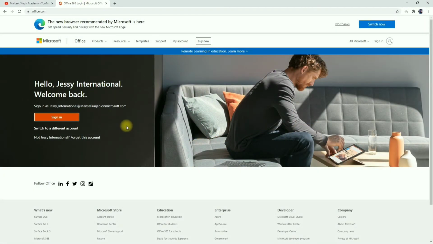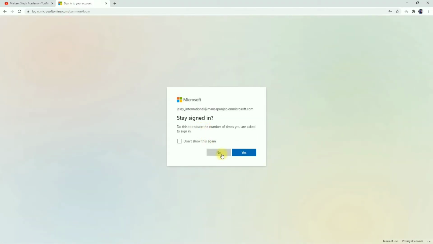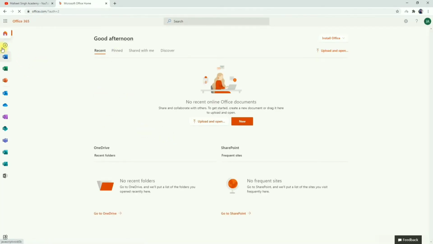So guys, first of all, you have to log in through your Office 365 account here. As I have already signed in through my account, make sure that you log in through your admin account. I'm typing my password here. Similarly, you have to do the same, and I have provided all the links in the description box, so you can use the links from there. After logging in, you have to open your 365 admin panel here.